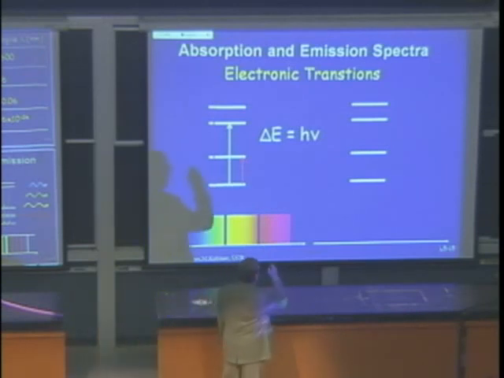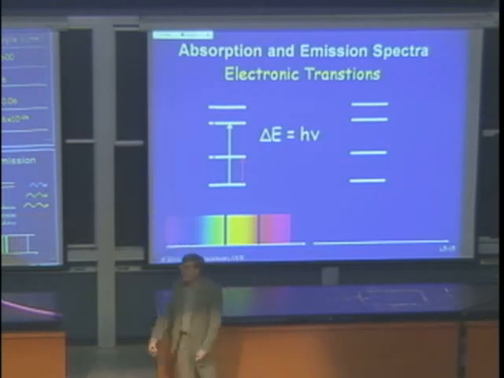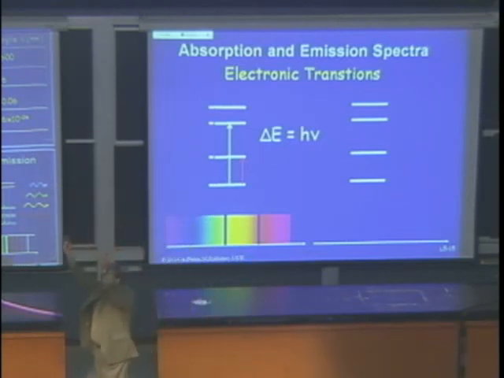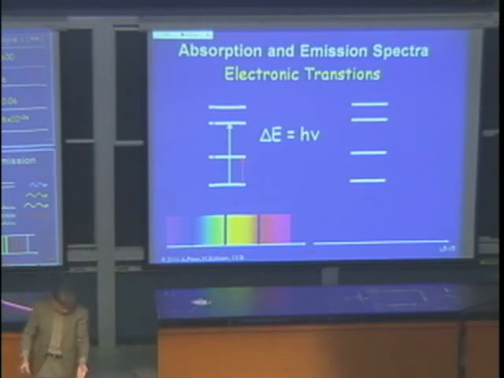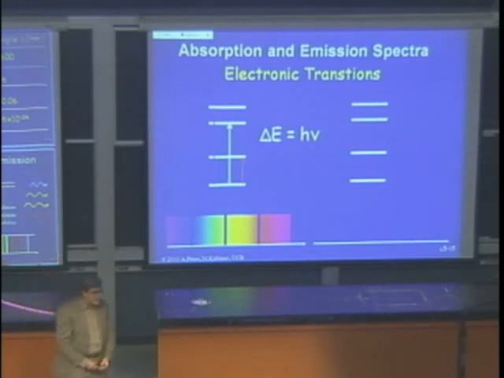You can do this also in terms of an emission spectrum. If the electronic system gets excited, so an electron gets from a lower energy state into a higher energy state, now it's excited, it has extra energy. Now it can go down again and give off that energy. That's called an emission spectrum. So first you excite it, and then you see the emission of that energy.